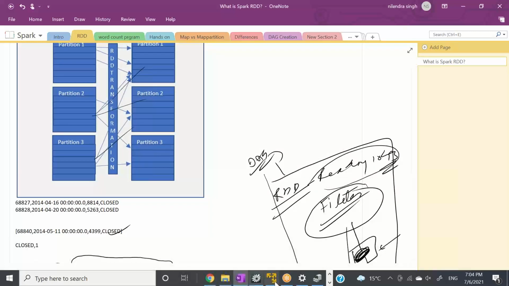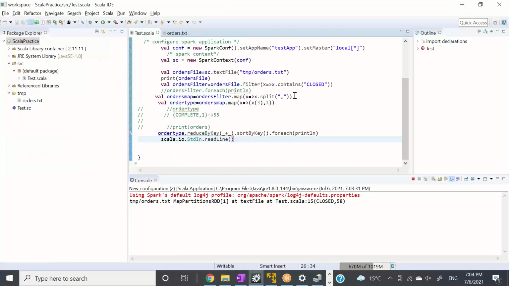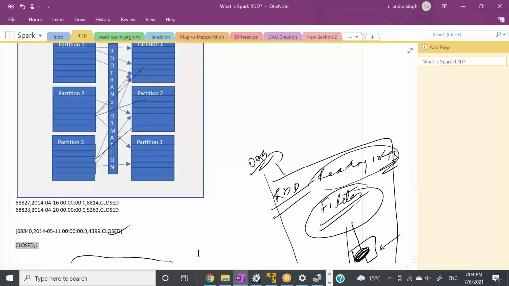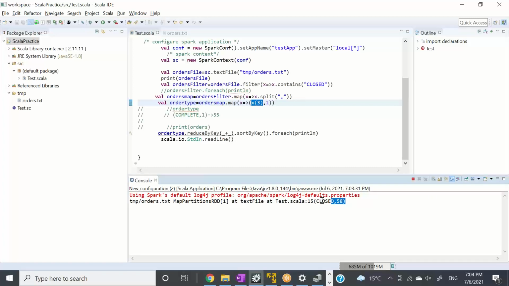So what my map function is doing, first of all, we are splitting, converting this into array. Then we are picking the 3rd element, that is our order status, and we are putting 1 after it. So it will put 1 like this, right? Simple. And now let's go here. Okay, so it worked for us.